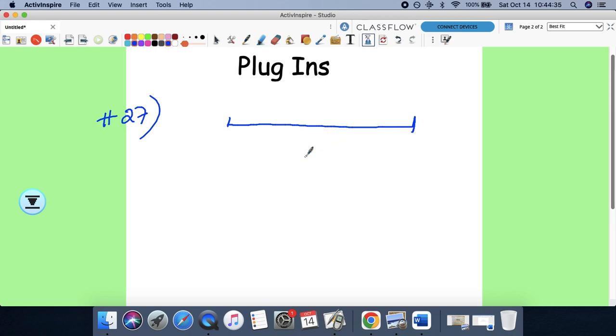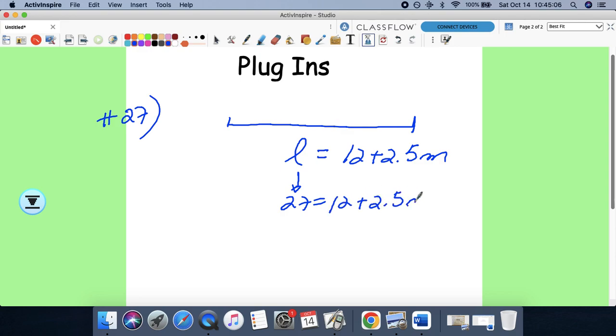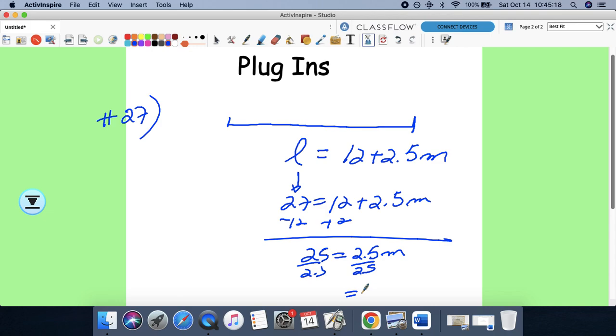The length in inches, L, is given by the equation L equals 12 plus 2.5m. L is 27, so we can plug this in and just solve. 12 plus 2.5m, we're going to subtract 12 from both sides. 2.5m, divide by 2.5, divide by 2.5, and m equals,